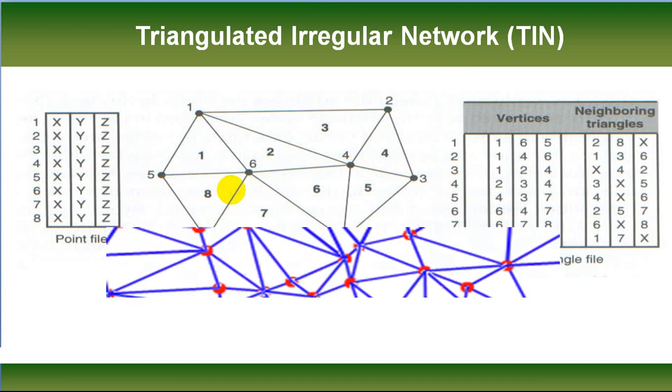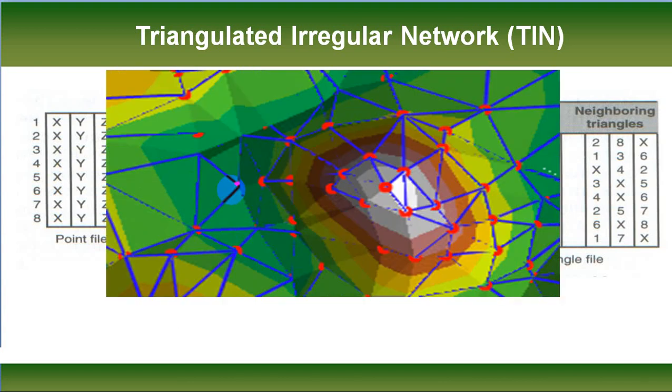And actually it represents something like this. It represents in this way such a TIN structure, and based on these points, the combination of lines and triangles, we represent a triangulated surface. So in my opinion, the most popular vector data for representing continuous phenomena is TIN, or triangulated irregular network.